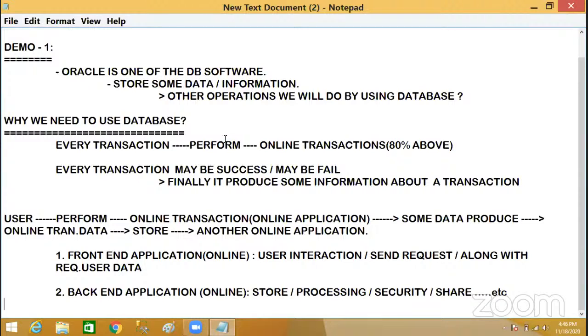Then only we know that this customer paid this much amount on so-and-so date to so-and-so shop. So if you imagine every transaction behind the scenes, to store and handle it, yes, definitely we require it.